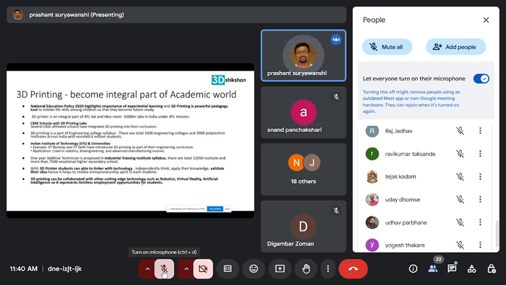These things are happening because of the very easy accessibility of 3D printing, and not only 3D printing but other things also, right? And again, this technology, as I said, like artificial intelligence, virtual reality, and robotics, these three or four technologies are going to be very closely associated with each other and help each other in this technology journey.